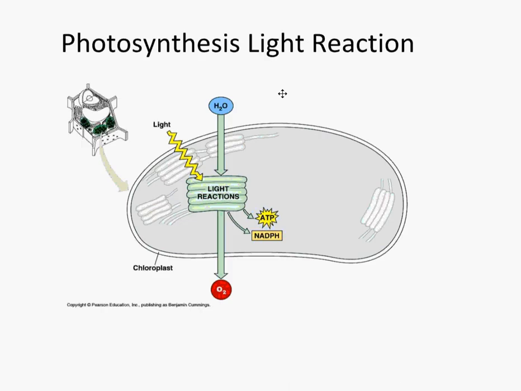Just a quick review. Here's the light-dependent reaction. ATP and NADPH are made. Electron carrier NADPH is carrying the electrons that were provided by water, and ATP was made through the passage of protons across the membrane, across ATP synthase, and so those two molecules are going to be carried into the Calvin cycle now